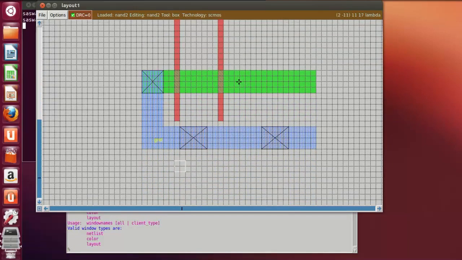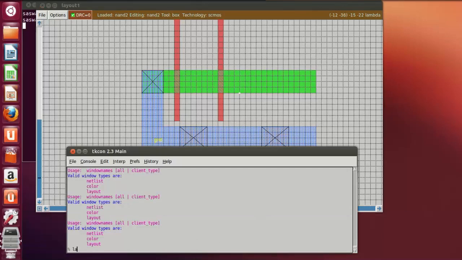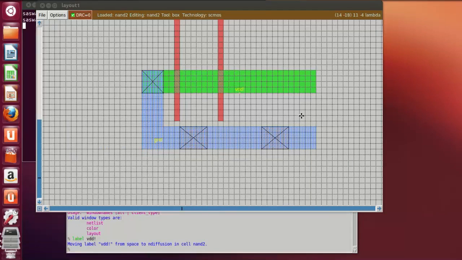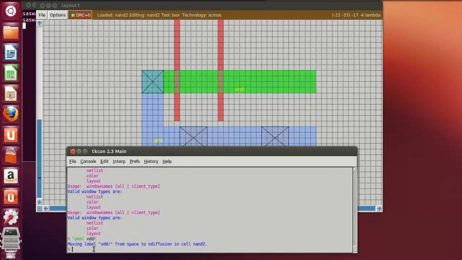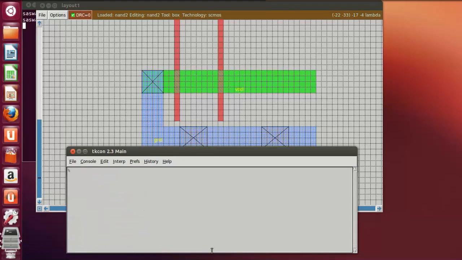Even there are different other ways of giving the input, like suppose you have clicked it and you can write label VDD and exclamation sign. Okay. Next, again I want to clear this, too much of commands. Once again I want to clear it, so clear. Okay, now next is you want to extract